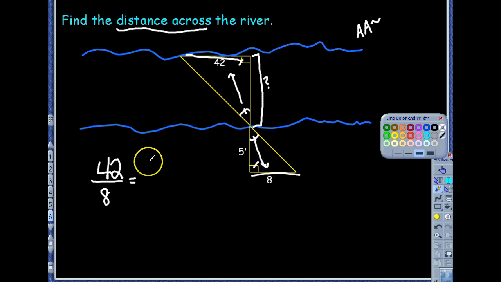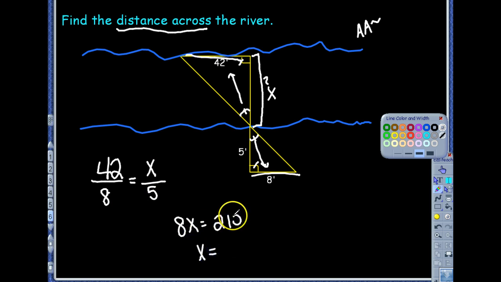Then I'm going to say X because I don't know, so you might label that in the picture so we know that's what we're trying to find. Great idea. Over 5. So a little cross multiplication, so you get 8x equals 210, and x is 26.25 feet,